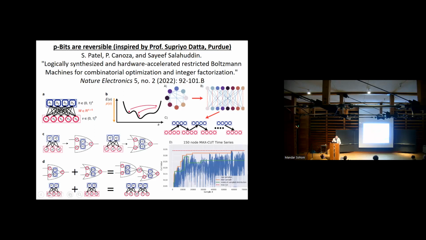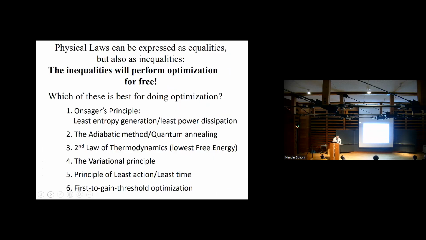And now there's something very similar. I just want to add it for completeness because I don't think they're represented at this meeting. There's a whole line of research started by Professor Supriyo Datta from Purdue, where he used a different bistable element. The transistor itself can be a bistable element. And why? Because sometimes if it has very high gain, it locks all the way to a positive voltage, or the output locks to a negative voltage. And so they do that, and they have the transistors connected together. They call them probabilistic bits, but the key point is it's just another physical system that uses the Onsager principle. It adjusts itself to dissipate the least amount of heat while looking for the solution.